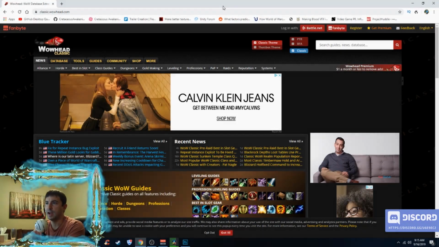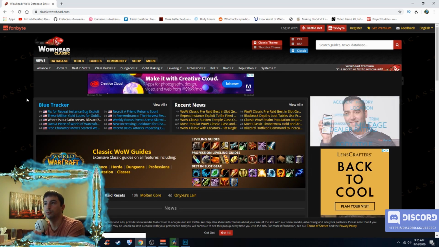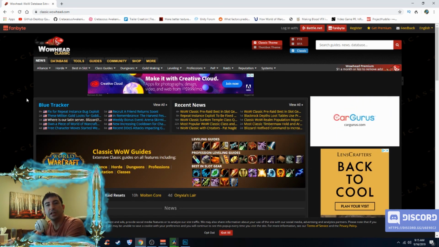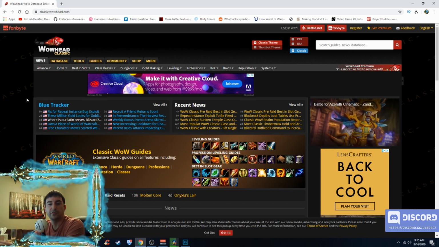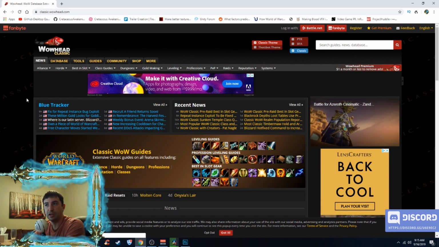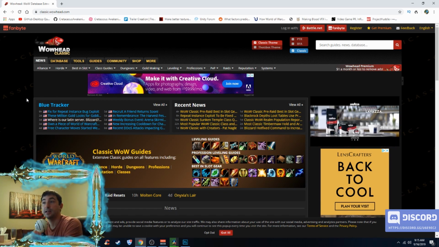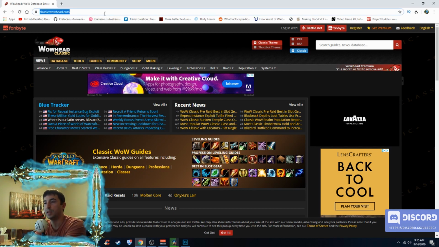Hey, what's happening, guys? Today I want to talk about the #1 World of Warcraft tool that you need to help yourself level and make the best decisions for your character possible by using this resource right here. It's called WoWHead Classic. The way you get here is you just go into the URL bar up top,